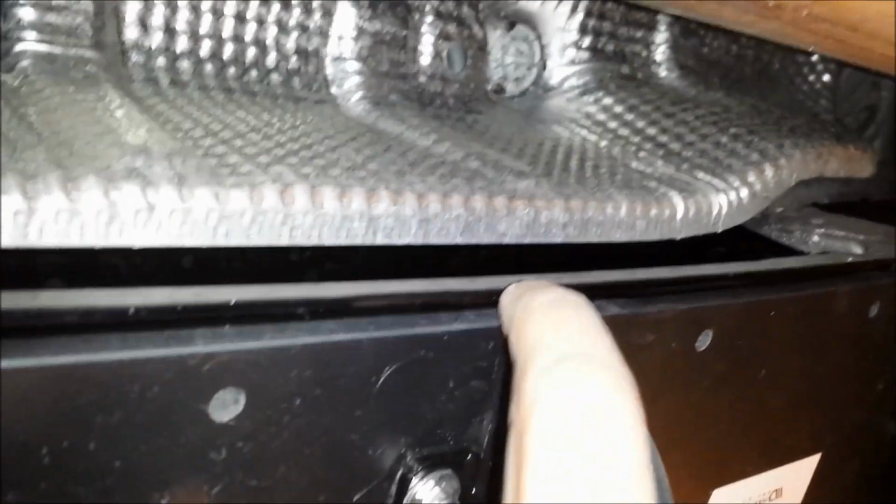So how you can install this is simply, there's a lip along here of the car's bumper. You line the middle piece right up there and you shove it up against this. Then along the sides, right here, along the sides,